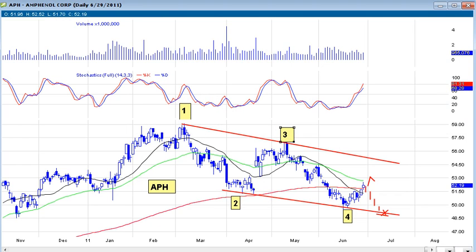All right, so APH looking great. Again, the whole key to